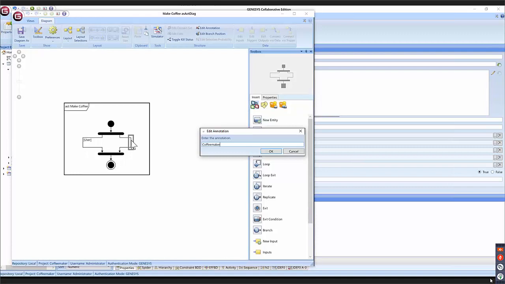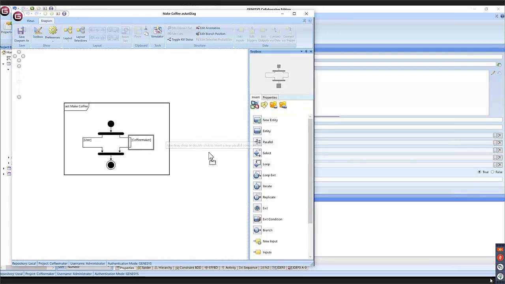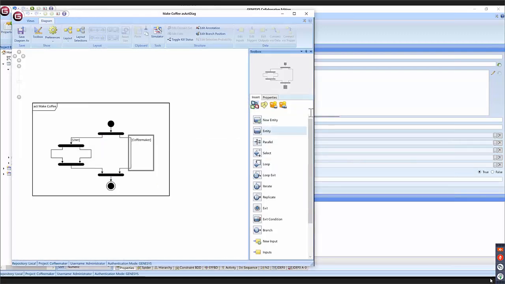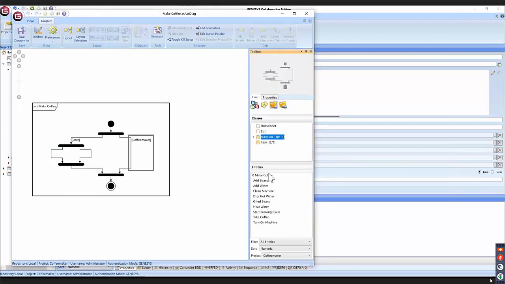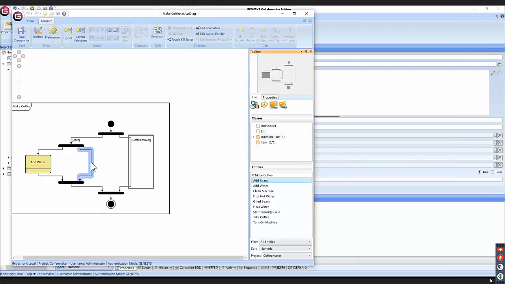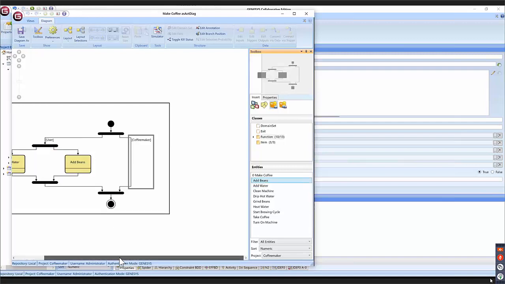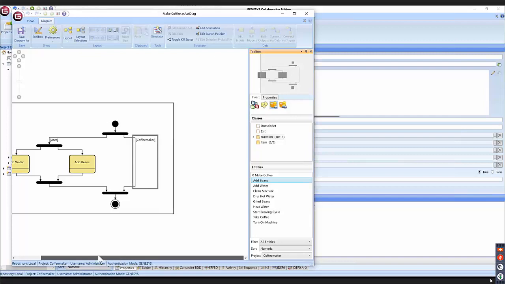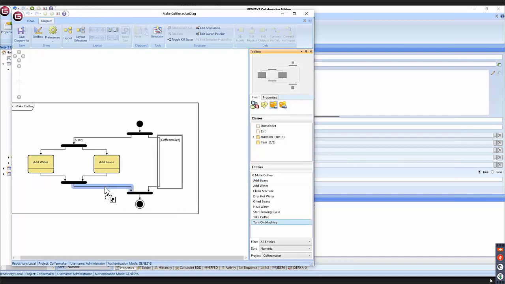Now, if I start with myself, to set up the coffee maker, I need to do 2 different things. I need to add water. Oops, select here. So add the water, and then I need to add the beans. Doesn't matter which one of those I do first. Once both are complete, I can go ahead and turn on the machine, at which point control transitions over to